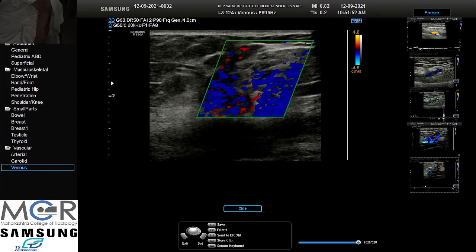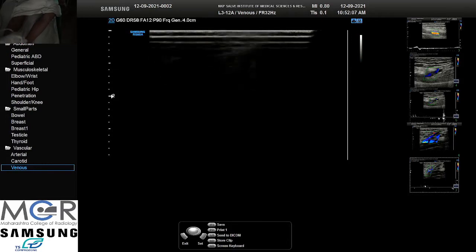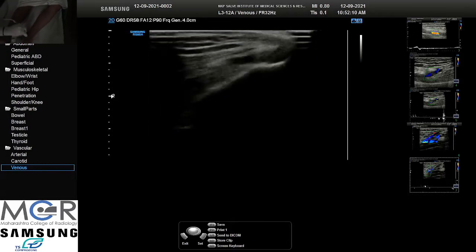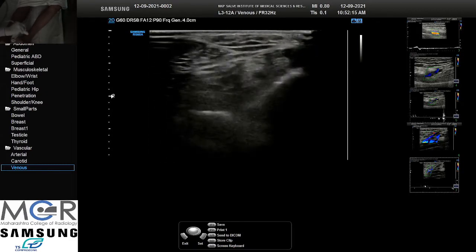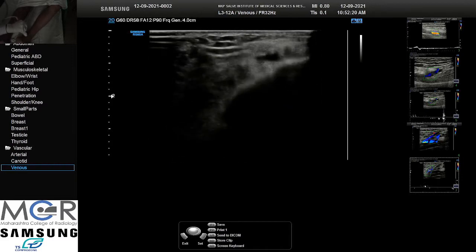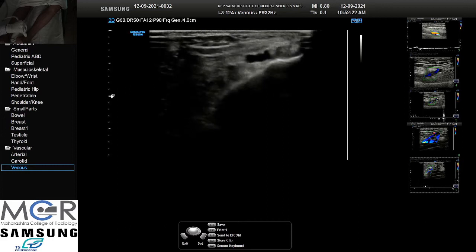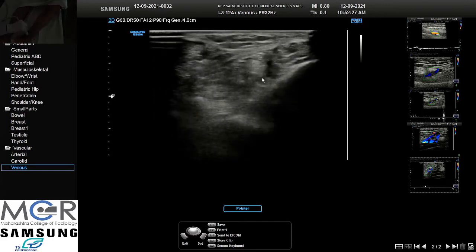We'll see the medial compartment. Start from medial malleolus. We need to check for DVT. Here compressing. Veins are getting compressed.